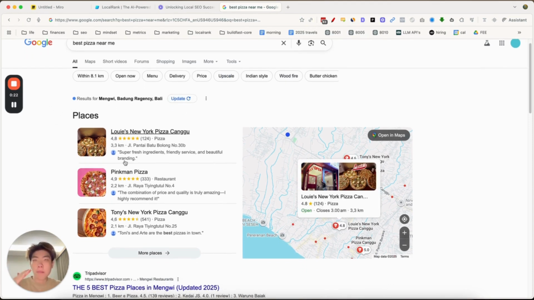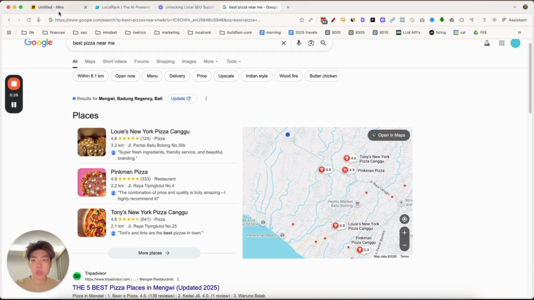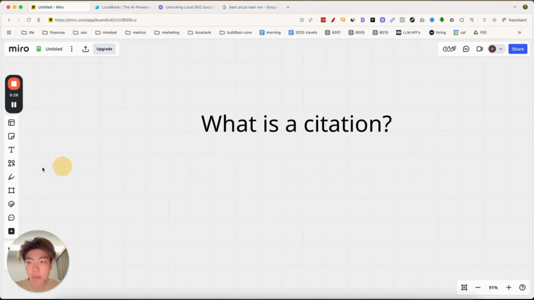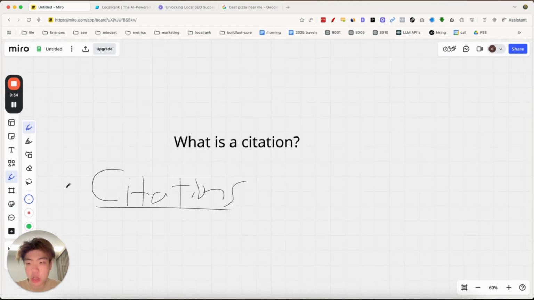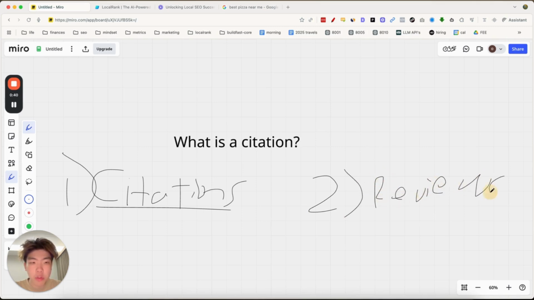So basically, there are two methods to rank clients higher. The first one is you can have more citations, and I will quickly go over what citations are. The other ranking factor is reviews, which is getting a lot of five-star reviews. That's more on the business to make sure they're providing a good service. But what you can control is having more citations.